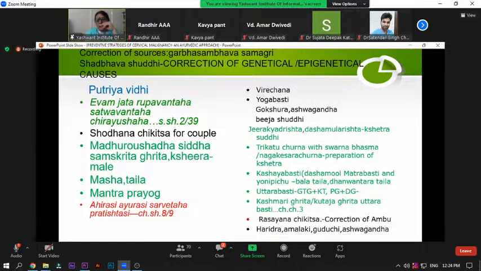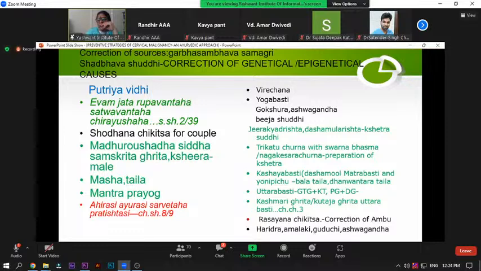Potential Vatahara Tailas, and Uttarabasti with Kukulu Tiktaka Grita plus Kashmiri Taila Arkrita, Panchatikta Kukulu, and Tadimadi Krita. So Kashmiri and Kutacha Grita will be more beneficial in the form of Uttarabasti. And Rasayana Chikitsa for the correction of the Ambu, that is the Rasayana part of the 4 factors of the